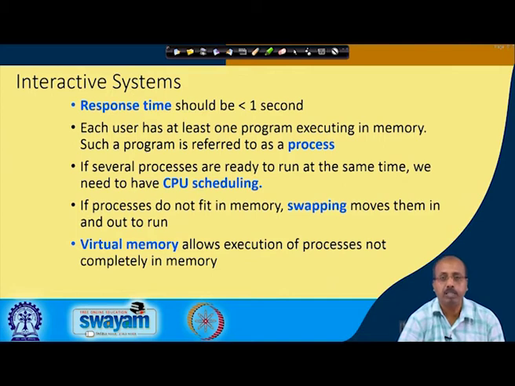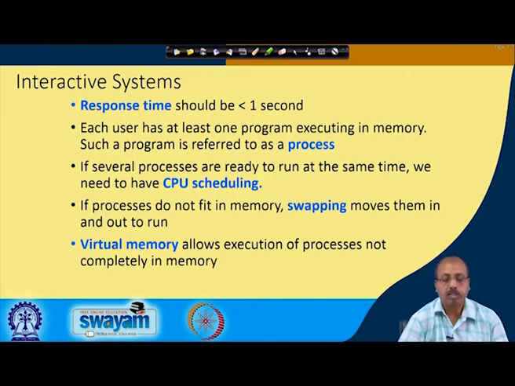So, for every user at least one program must be there in the memory. That we will see later is called a process. We will look into a more detailed description of the process, because this is the heart of the operating system, the concept of process. If several processes are ready to run at the same time, we need to have